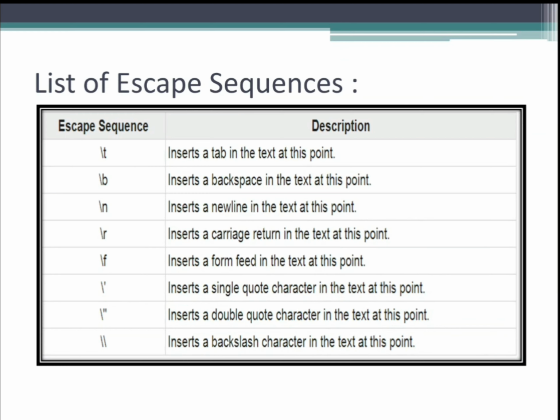And we have carriage return. Carriage return is where the carriage is moved back to the beginning of the line. It is basically used when we are using a printer, so it is not used in our programming presently. In our programming, you are not supposed to remember it because we are not going to use it.